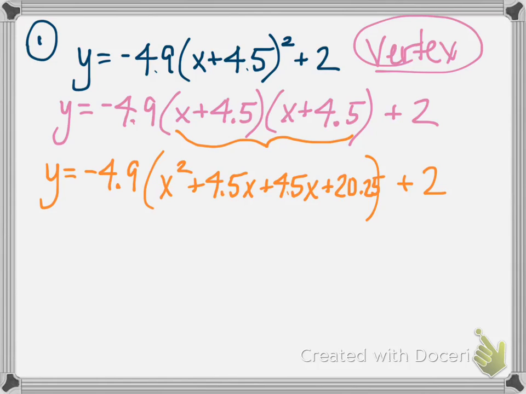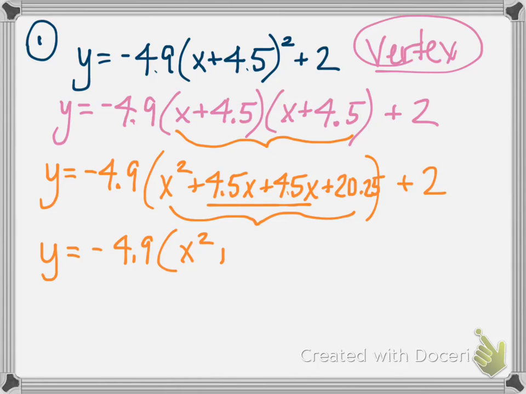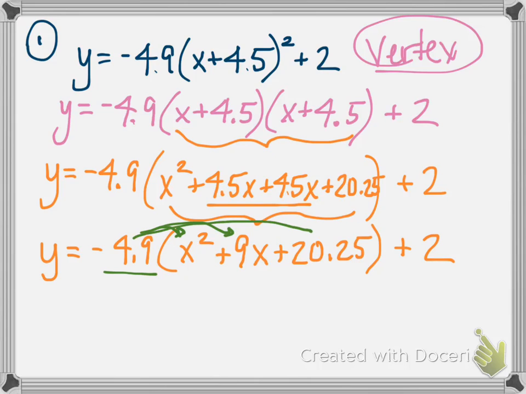Okay. So continuing with this set of parentheses here, I'm going to combine those like terms in the middle. So y equals negative 4.9 times x squared. The 4.5x and the 4.5x combine to make 9x. And the 20.25 on the end is still there. Plus 2 on the outside. Okay, continuing on, I take this number out front, multiply all the terms in the parentheses by that. So y equals, that gets me negative 4.9x squared